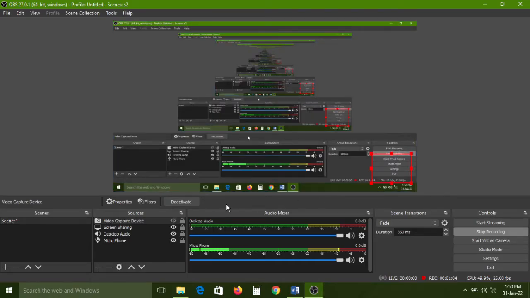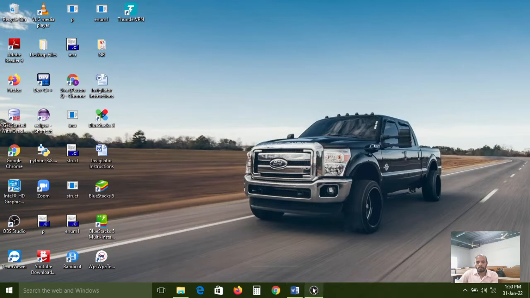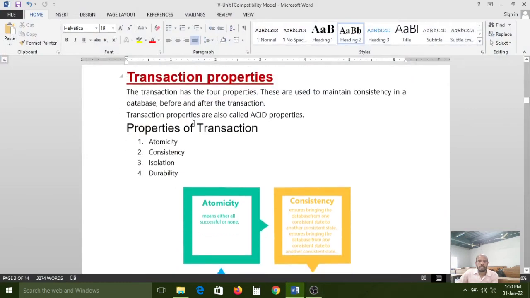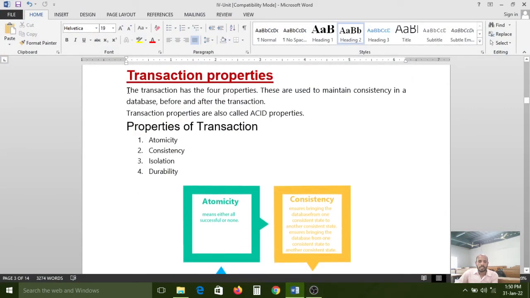Now let us understand the ACID properties. These ACID properties completely belong to transactions. So now shall we start our session to understand the ACID properties? Transaction properties. The transaction has